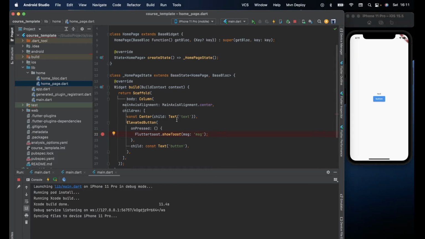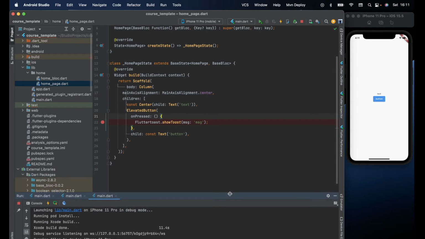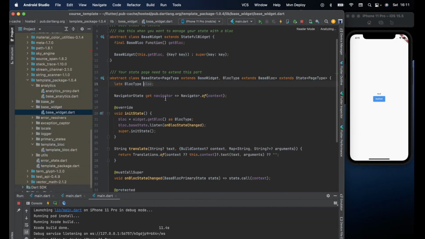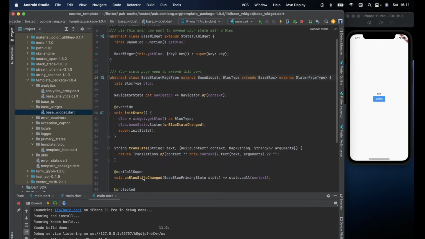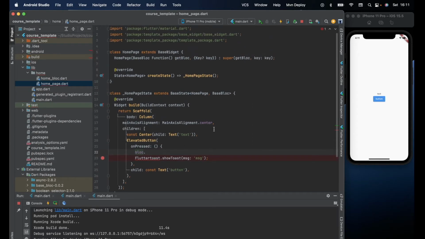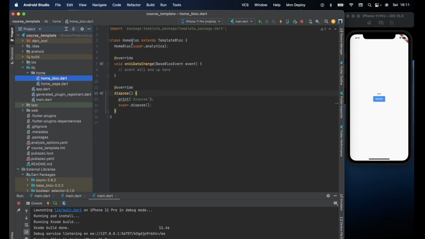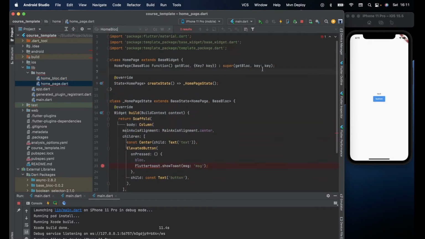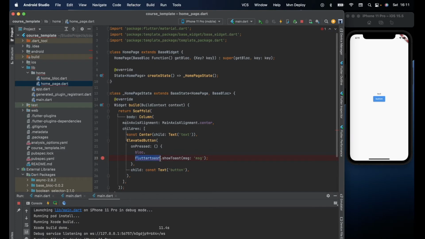But what we want to do basically, we want to on each event that happens on the UI, we want to delegate it to our block, right? So we'll say block. Remember the block, you don't need to take care of it. The block is already in the base widget, right? So here is managed. You don't need to create any specific block inside this class, and you don't need to have a specific, a concrete name of the home block. You see that we cannot find anything called home block in our block, but we will still be able to communicate with that block. Okay, this is an amazing part of